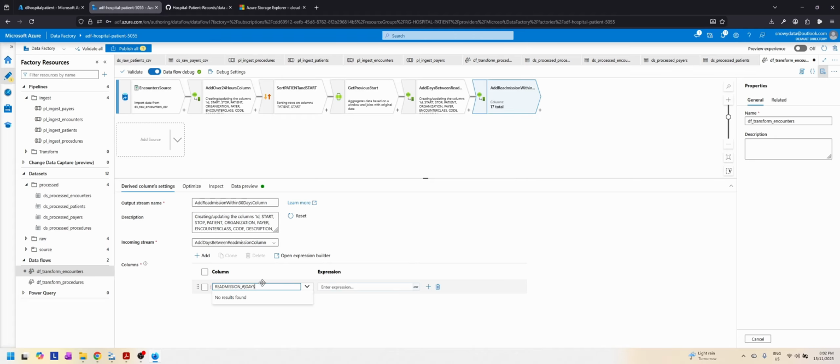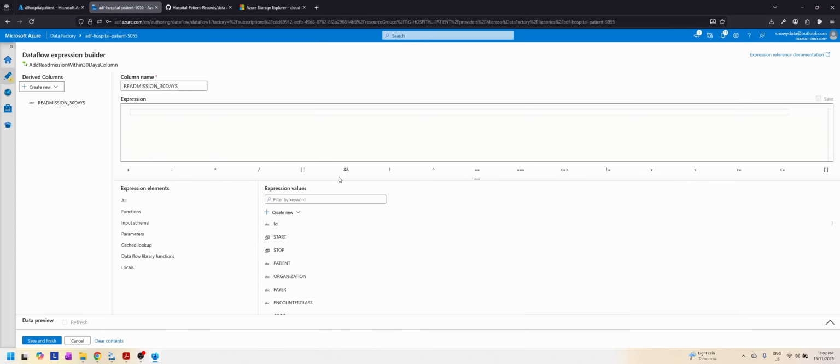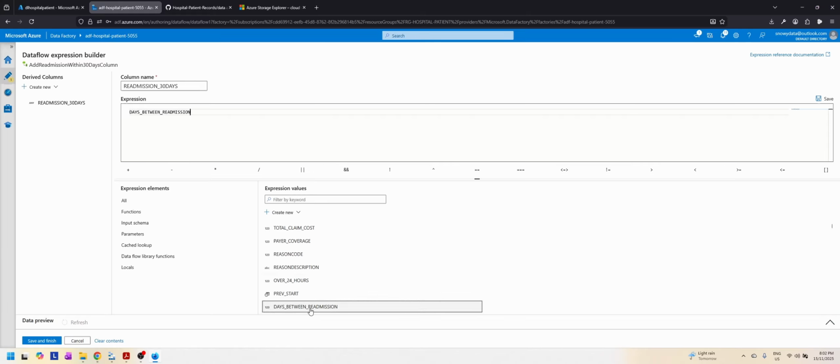And as I mentioned previously, since we have added the days between readmission column, we probably don't even need to add this column anymore, but we're just going to do it. So let's do days between readmission. If this column is greater than 1, because we don't want to consider same day readmissions because that also happens,